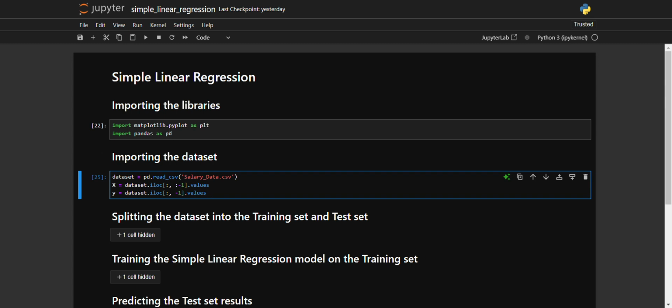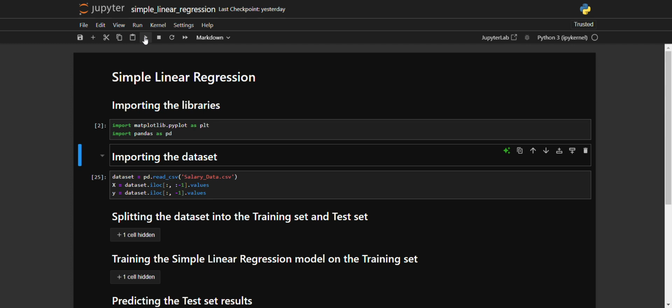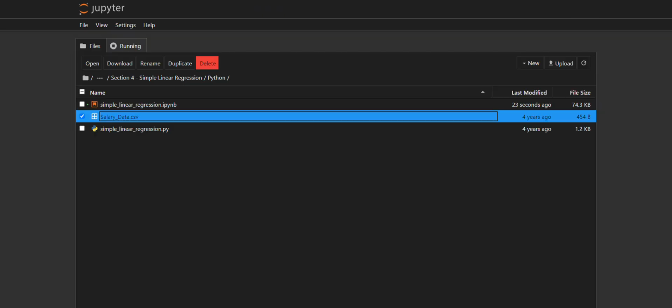So when you do this, I'll have to also run these. So you can run all these cells using this run button here. So you have to also import these libraries. I'm not going to show you how it's done. It's very basic and very simple. All you got to do is go here and click on this terminal,